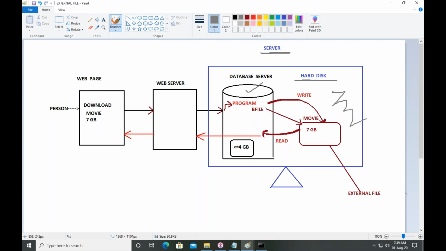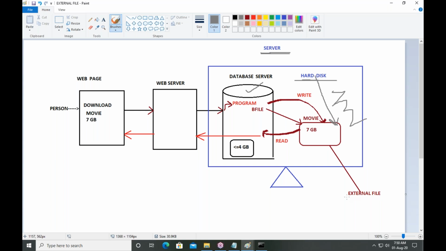In case you have any value more than 4 GB, either character value or binary value, then you should store it in the hard disk like this. This is the file with more than 4 GB size.